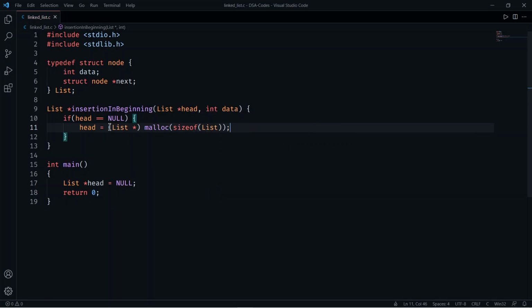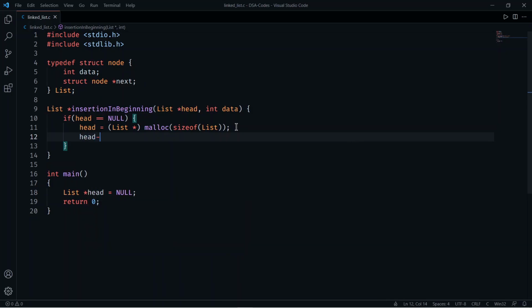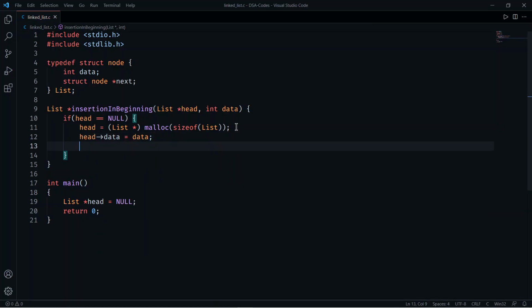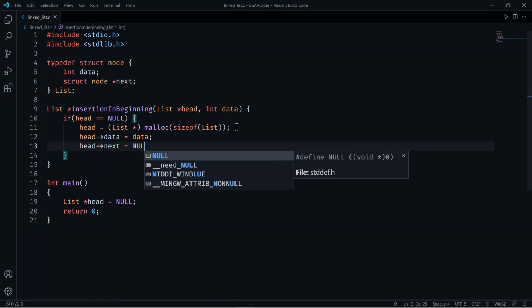So what this will do is this will allocate memory of size list type, that is this structure type, and in this node we can make head arrow data equals to data and head arrow next equals to null.